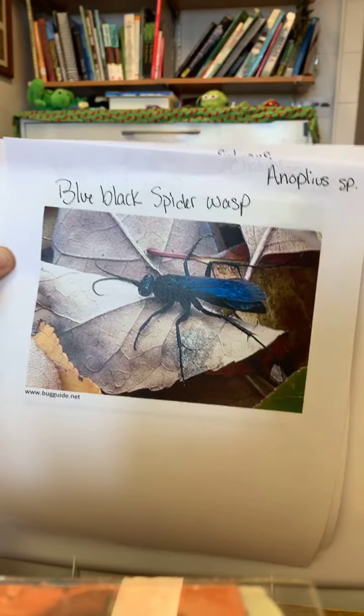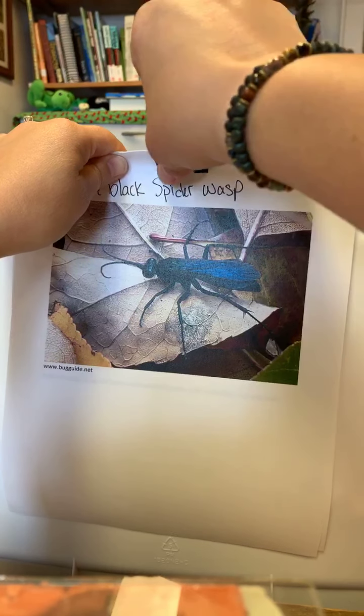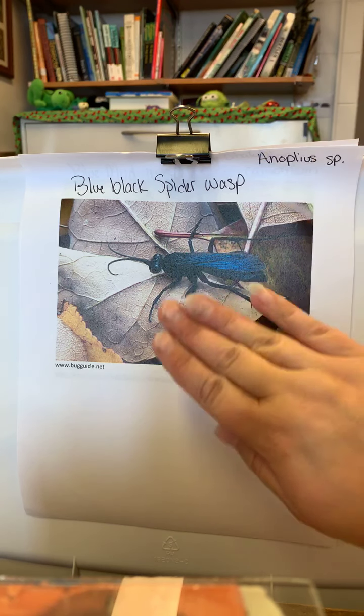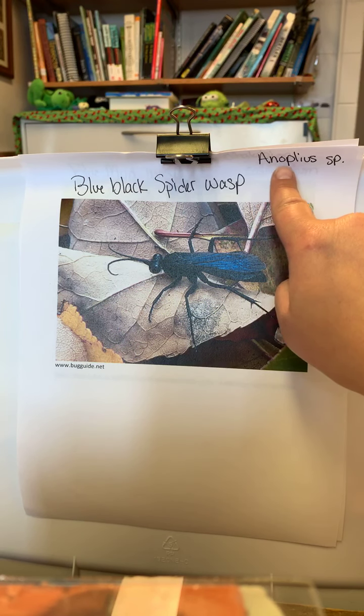Okay, what's next? Ooh, I love these. The blue-black spider wasp. Okay, so I know what you might be thinking right now. That looks like a wasp that I see around. Guess what? You probably have seen this, but it also resembles things like the mud dauber wasp, which is different. So there's lots of wasps that look like this. In fact, there are just of the blue-black spider wasp, there are 50 species. So here's the genus name,